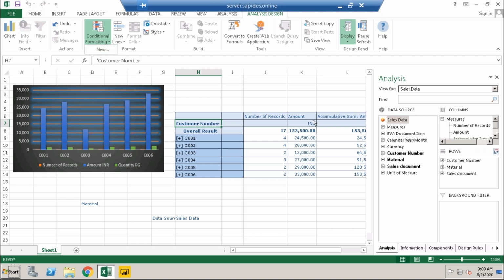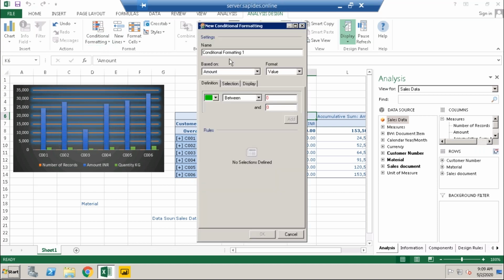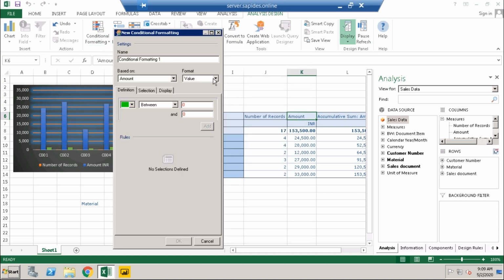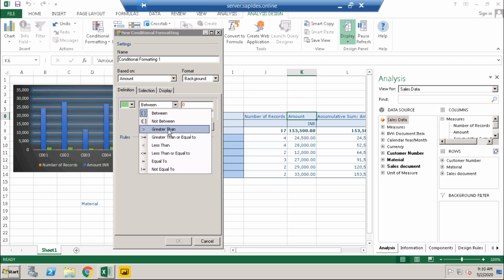I want to see a less than sales here. If I choose this amount, so conditional formatting, amount value, okay, value or background color, which is the background of the cell. So I can start with green, so greater than.